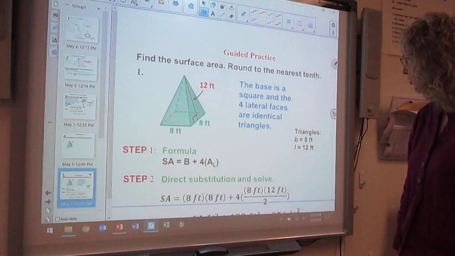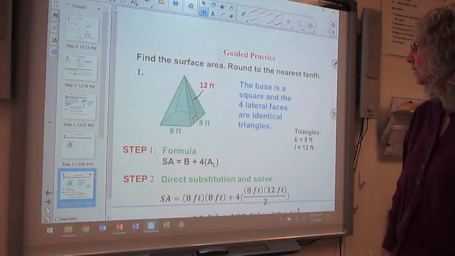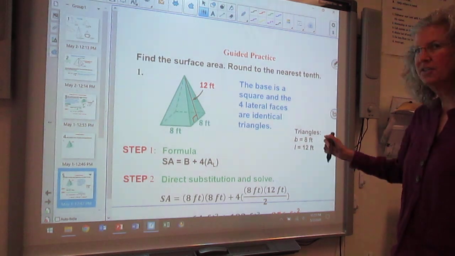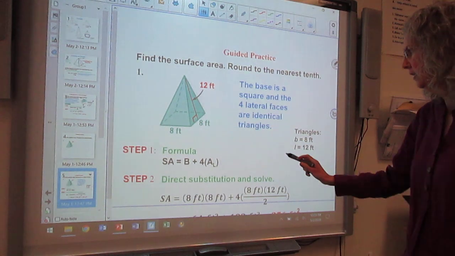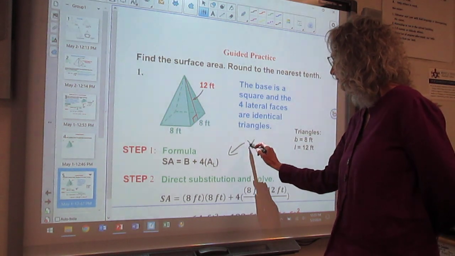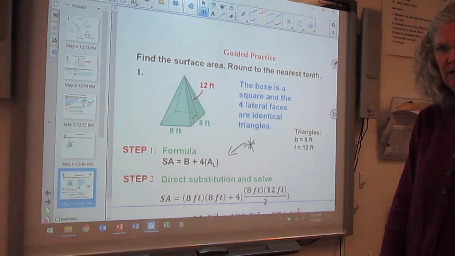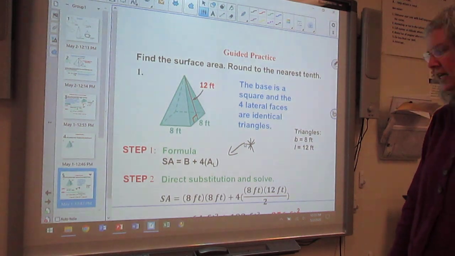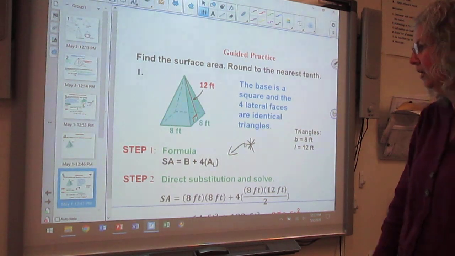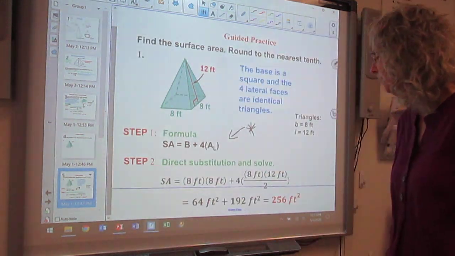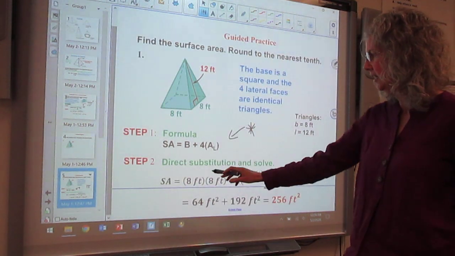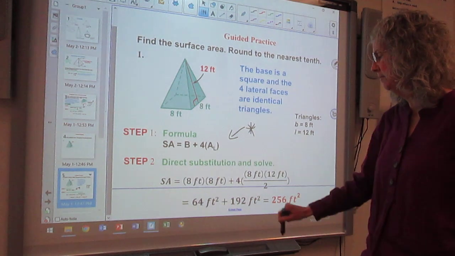And there is your solution. The base is a square, so all the lateral faces are identical. Okay, you need this formula. You need a word sentence or a formula that's going to describe how you are going to do it. Not everybody has to do these the same way. The surface area is going to equal the area of the base plus 4 times the area of the lateral